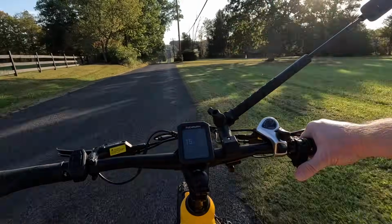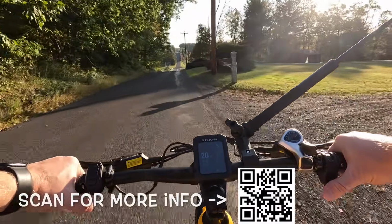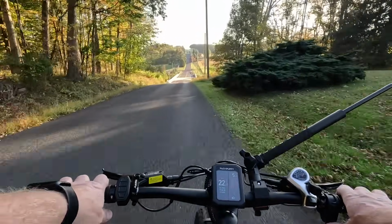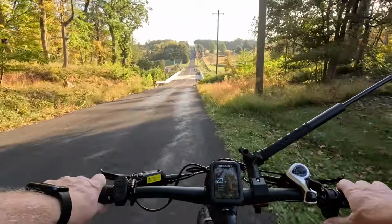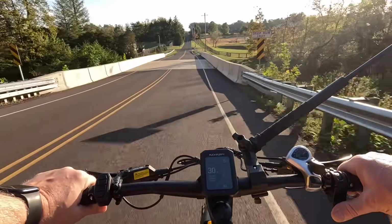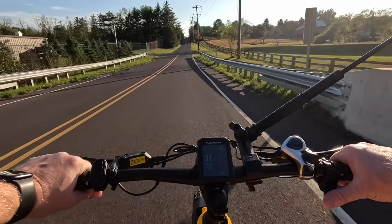Not only that, but you can see in the speedometer, I don't know if you can see the speedometer here, that this is a little bit more drastic of a drop. I'm going to see if I can straighten out a little bit for you guys. This is a little more of a drastic drop. Gets us to about 30 miles an hour, right there, 31, 32, on that downhill,